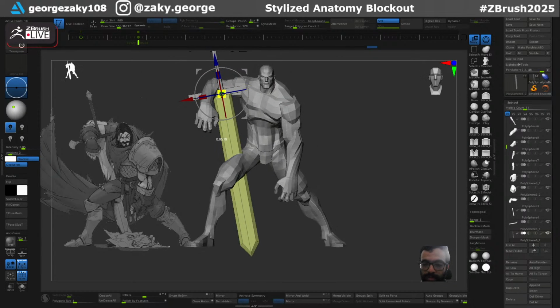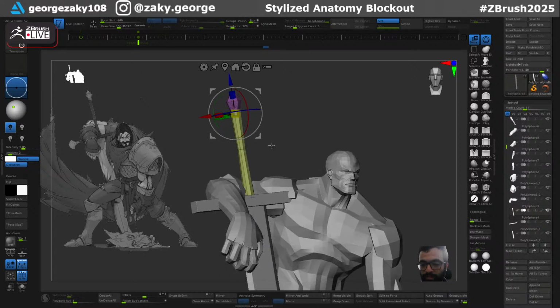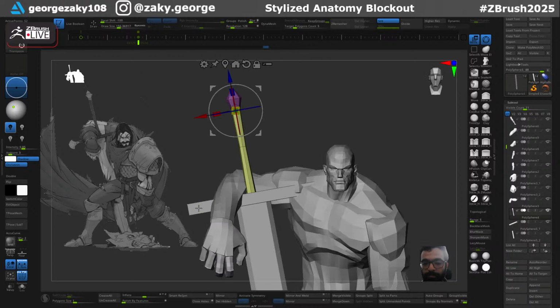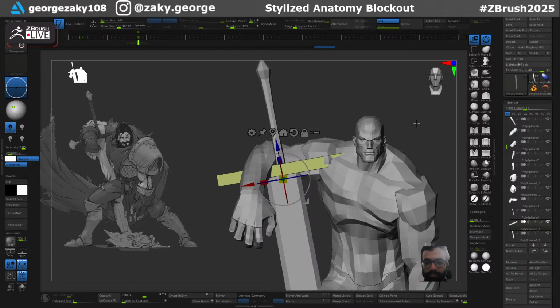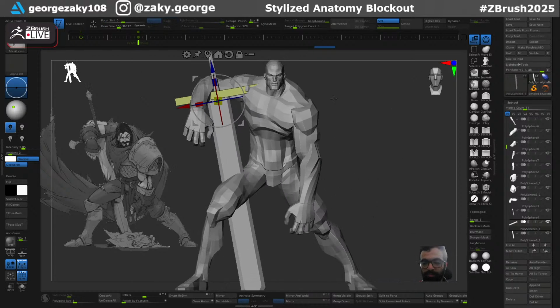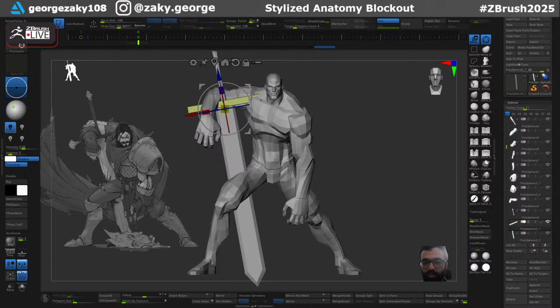Like this. Yeah, let's work on a sword blockout. I can still add the details here and there, but it won't do any